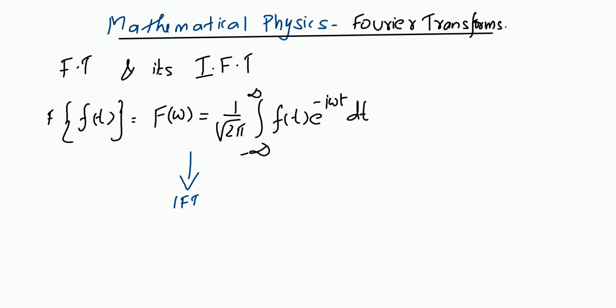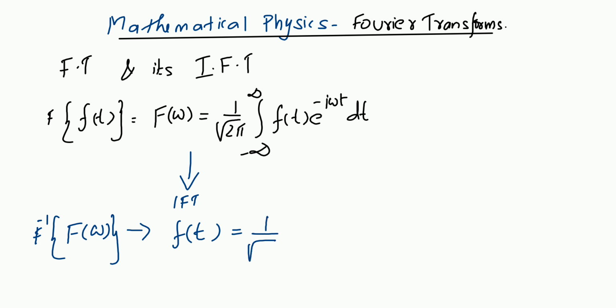What does inverse Fourier transform mean? If you know the Fourier transform, you can recreate your original function. You can trace back your original function f of t. So you take the inverse Fourier transform of your transform, and you will get the original function, which of course is equal to 1 by root 2 pi integral minus infinity to infinity. Here what we have in our hand is F of omega multiplied by exponential